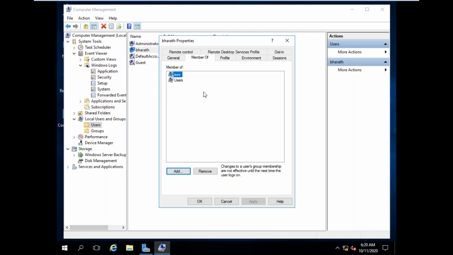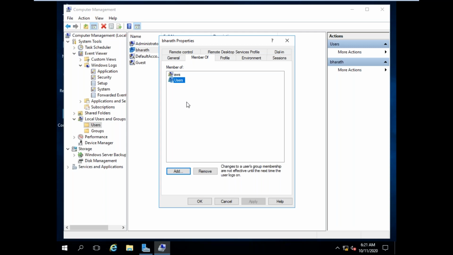We created a user but did not give a primary group. Automatically the system assigned one group, the Users group. Remember this point, they will ask this question in interviews. When you create a user account in Windows and we do not assign any primary group, which primary group will it take? The Users group. If you create any user, by default they belong to the Users group.